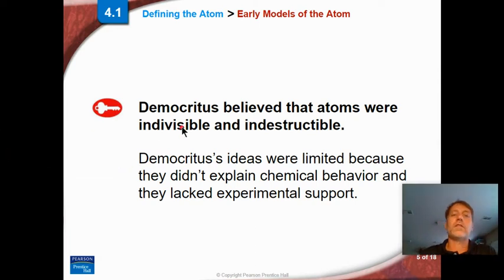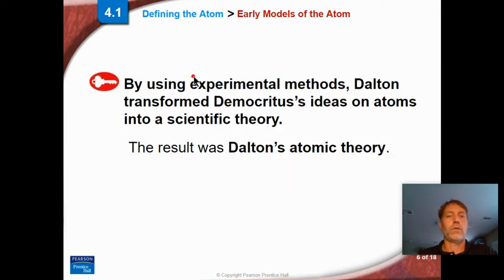But this idea of indivisibility, of Democritus' idea, was limited because he didn't understand chemical behavior, which hadn't been thought of or discovered yet, and he lacked experimental support, which had not been brought out. That was brought out by Lavoisier in the late 18th century. So Democritus, being many, many years prior to that, just gave this first idea, like paint scattered on the wall. And so it wasn't until Dalton that some scientific theory came around,